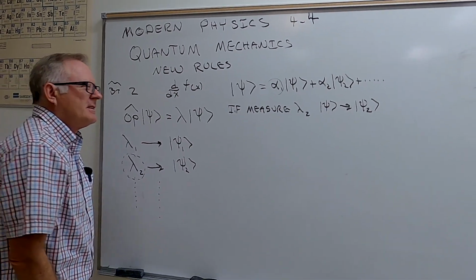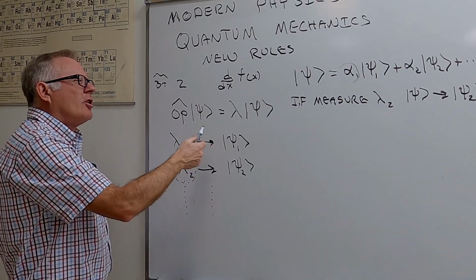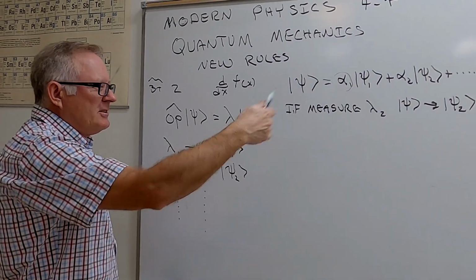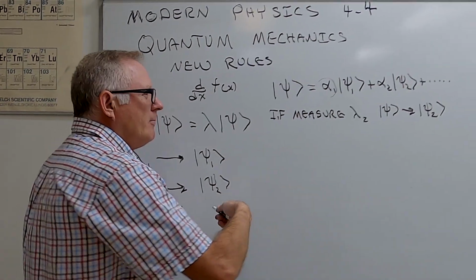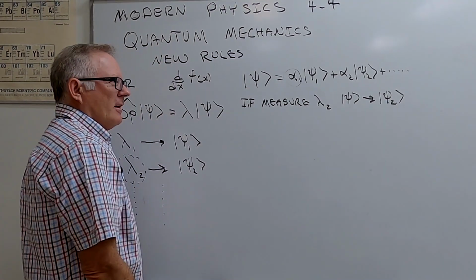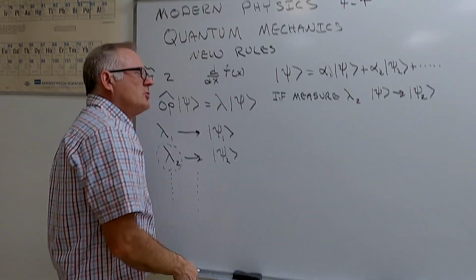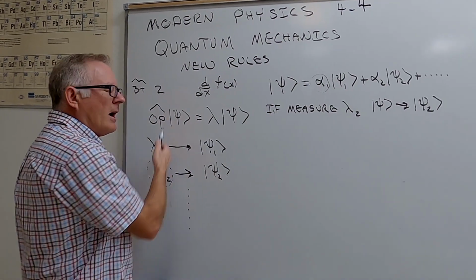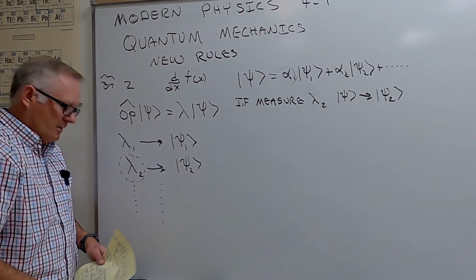So this is just telling you every time you make a measurement, you don't know what you are. You're a combination of all of them. Just like when we were going through the double slit, when we didn't measure which hole the electron was going through, it was going through both. But once we measured it, there's probably some operator associated with that, it collapsed it down. Okay, so